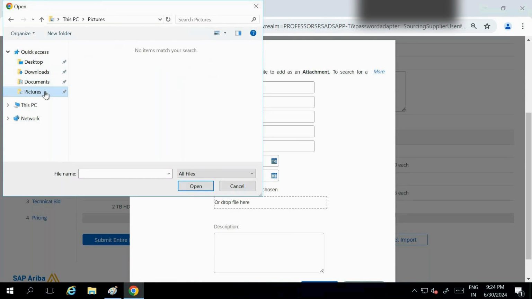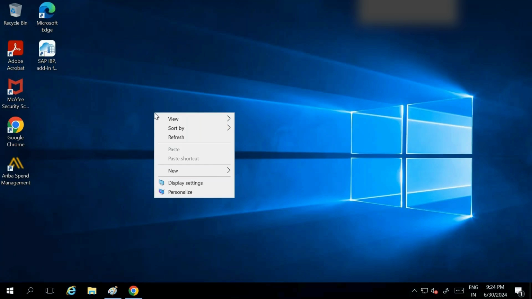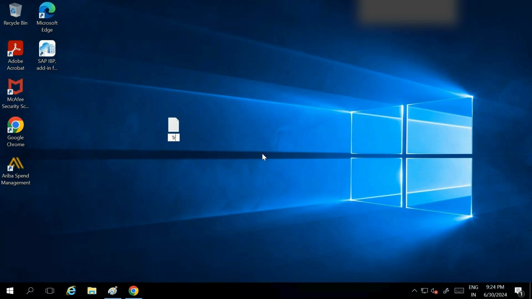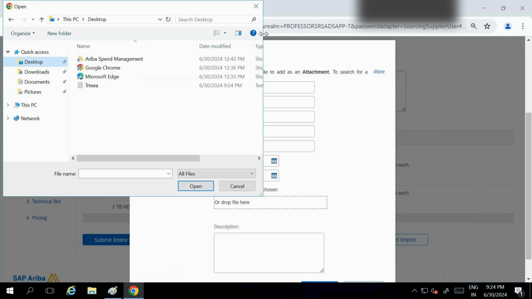We don't have any file here. So any file, any attachment, he can put, because Ariba has a lot of options to edit these things. We can check what those options are.